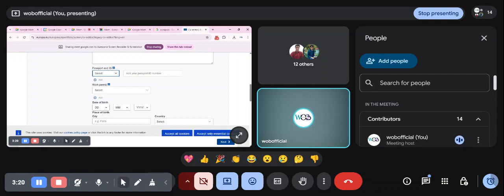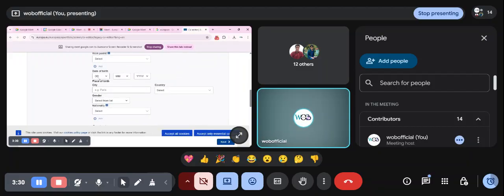It depends on what you have, like ID. Work permit, if you have one. If you don't, don't. Date of birth, random. City.